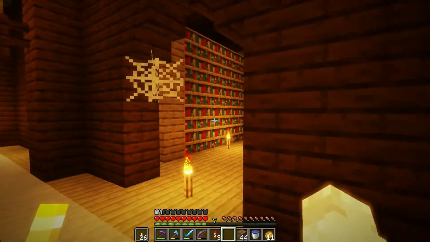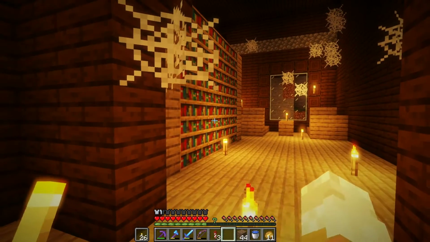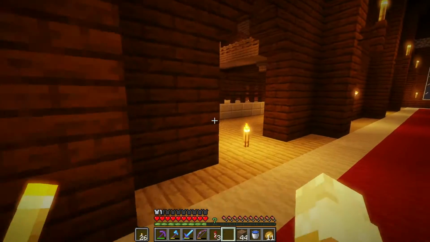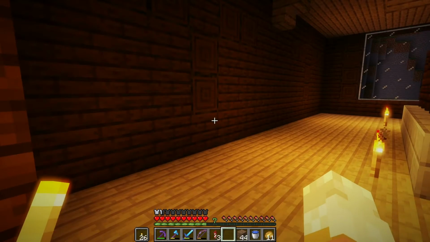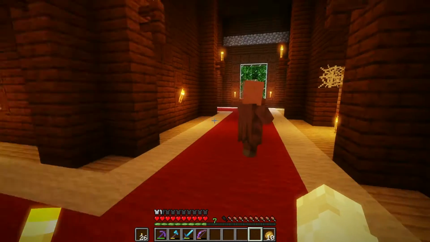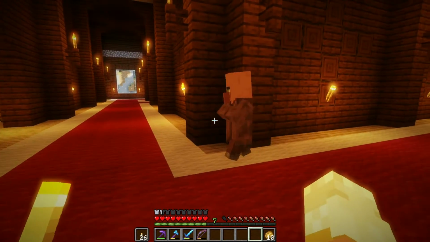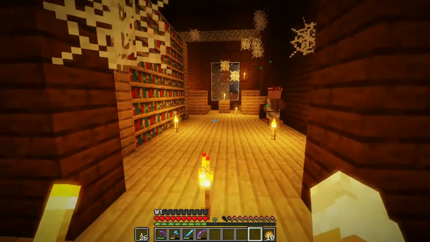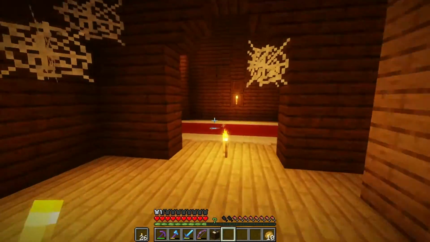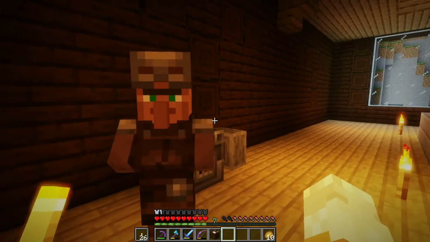So we'll give one guy the choice between librarian and cartographer, and we'll give the other guy the choice between armorsmith and weaponsmith. I hope they don't automatically just pick the closest thing. Oh, there he goes! Yay! That wasn't too hard. Okay, he decided to be a librarian. I don't know if it's because it was closer or what. If this guy's an armorer, then